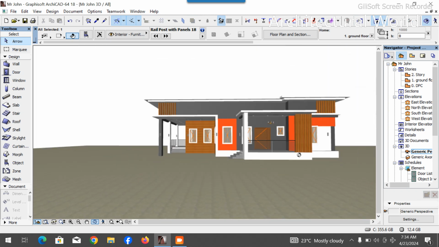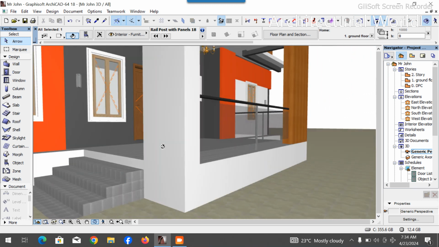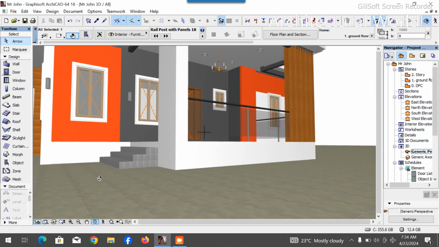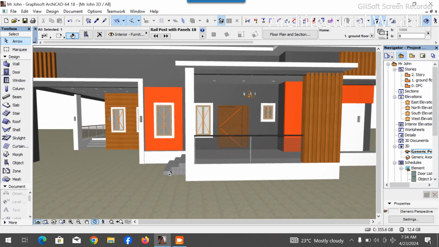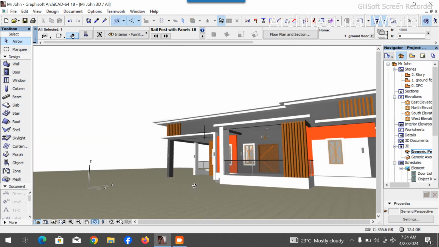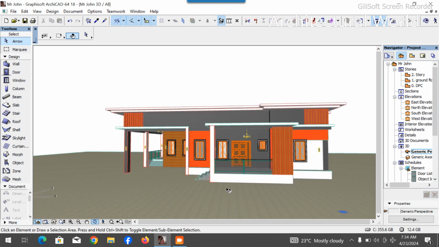Okay, now we are kind of okay. I don't want to put anyone here. I don't want to put a rail on this spot. So let's allow it to go that way. Okay, now what is next? Let's beautify this amazing design. Let's beautify it. So what we need right now is